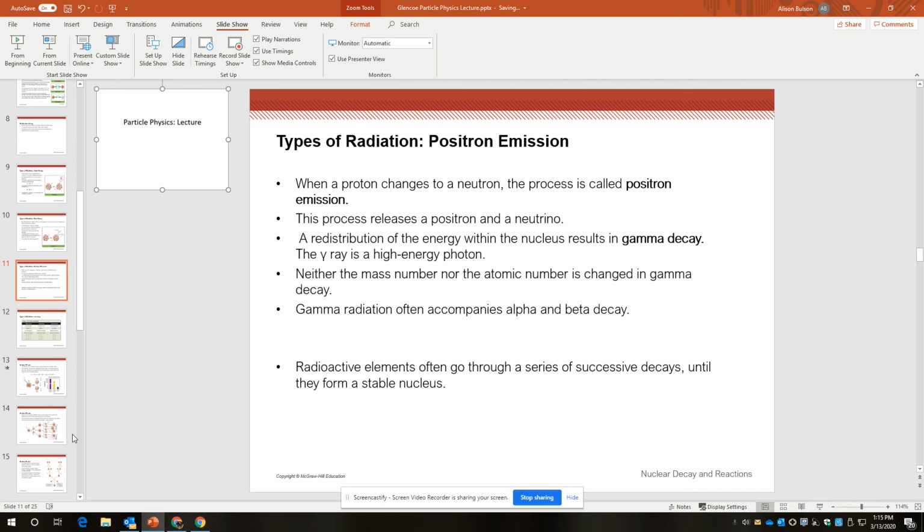Positron emission occurs in the reverse, right? So if a neutron can switch to a proton because quarks are interchangeable in some way, then the opposite should be able to occur as well. A proton switches to a neutron. So one of the up quarks in the proton switches to a down quark in an exchange in gluons and quirkiness inside of the proton. That's positron emission. So the reason it's positron emission is that a proton, which is positively charged, switched to a neutral particle. So for a charge to be conserved,